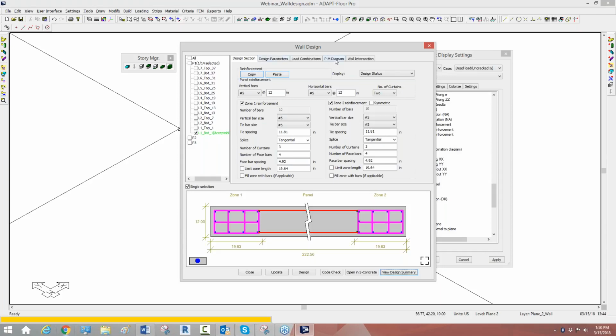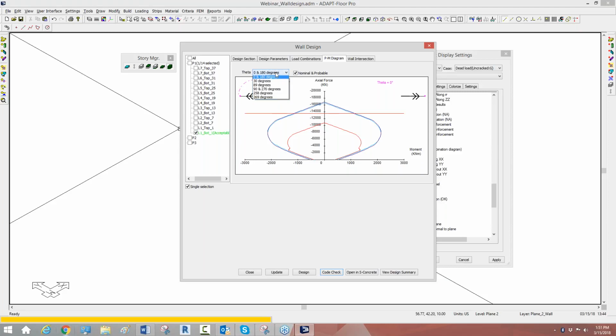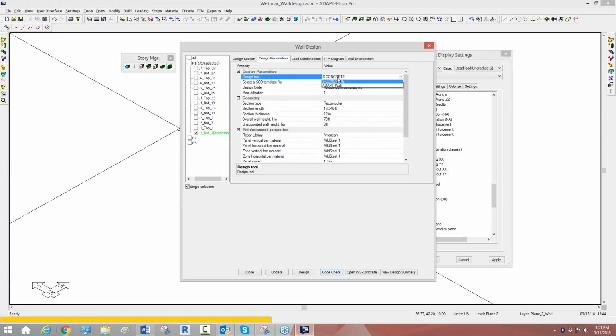If we go to PM diagram now, we have this interaction diagram for moment axial, and I can show it should show the, let me see, the nominal and probable graphs. I'm looking to see for wall designer, and this has different theta angles that you can change for the orientation of the wall. If you go and use Adapt Wall Designer instead of